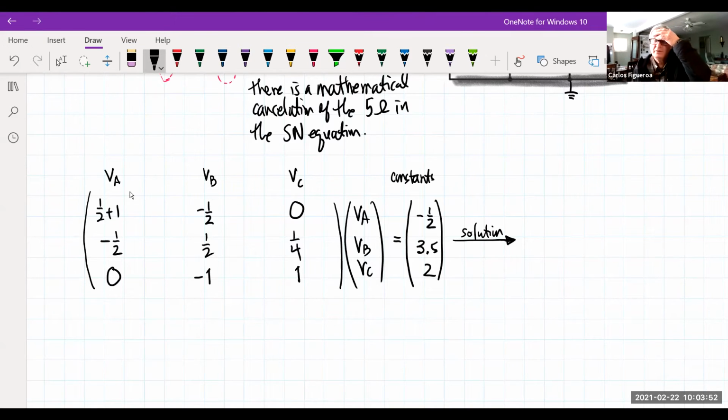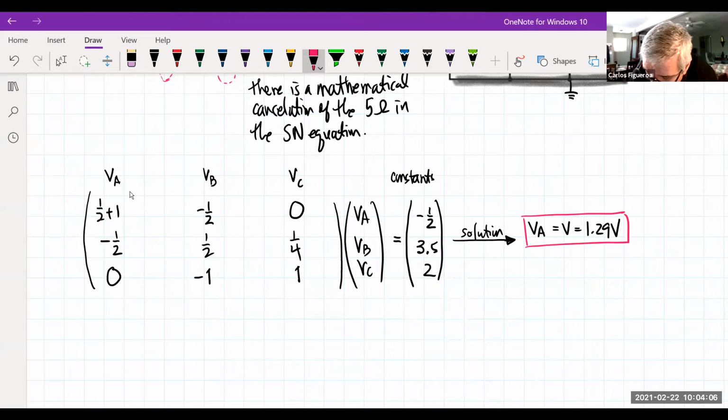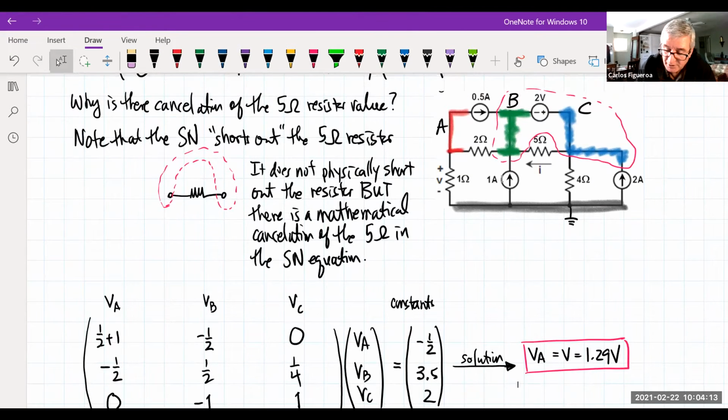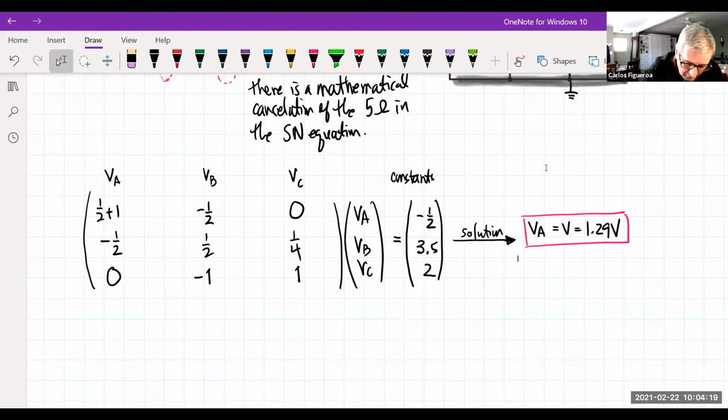And what we know here is if I calculate the voltage of A, I know that this is the same as V, which is 1.29 volts. So I know what that voltage is right away. So I now know what the voltage is across that 1 ohm resistor. But what about the current? Well, if you look at the current here, the current I